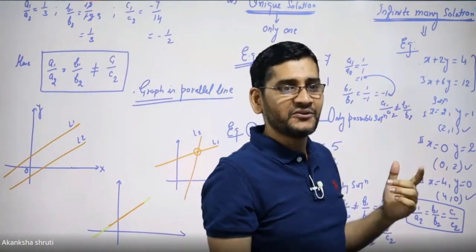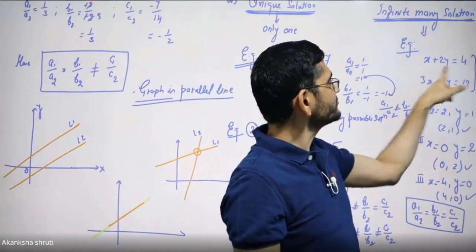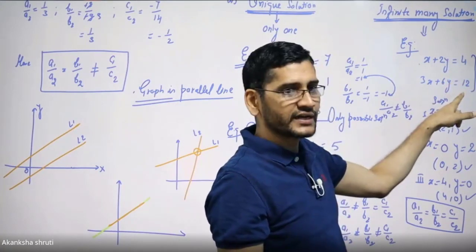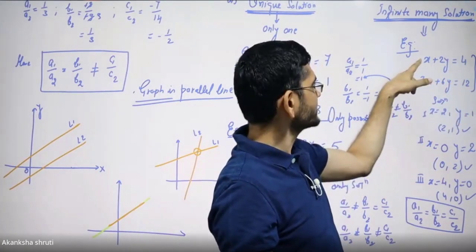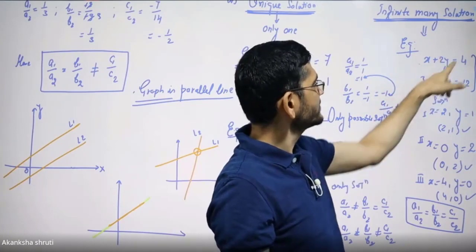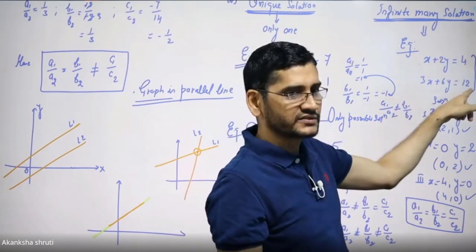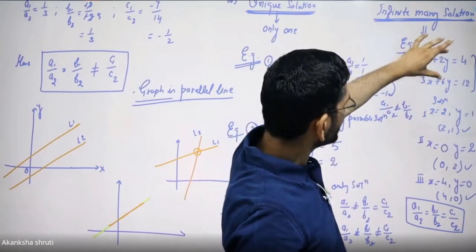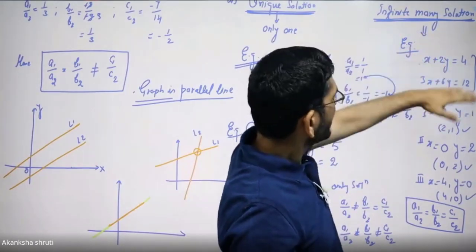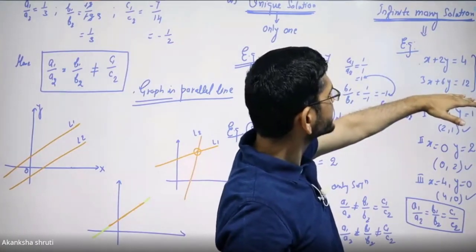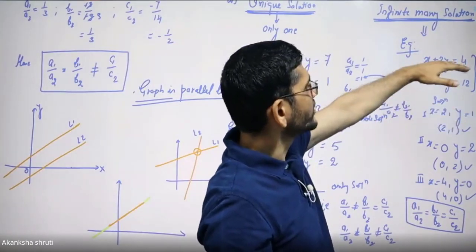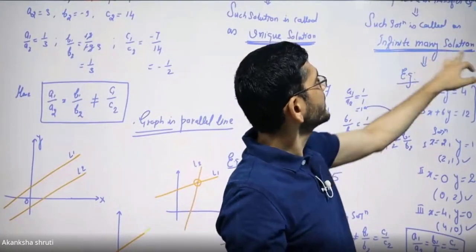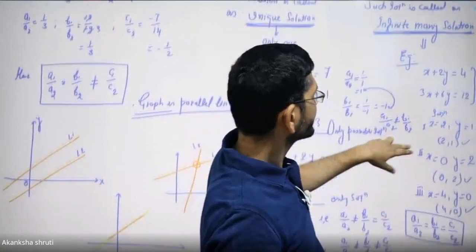thing. How? If you multiply the first equation by 3, you are able to get the second equation. Multiplying left hand side by 3, 3x, 6y, right hand side is 12. Observe this second. So what we are getting? If the pair of equations are such that other equations can be derived just by multiplying one of the equation, then they will have infinitely many solutions.